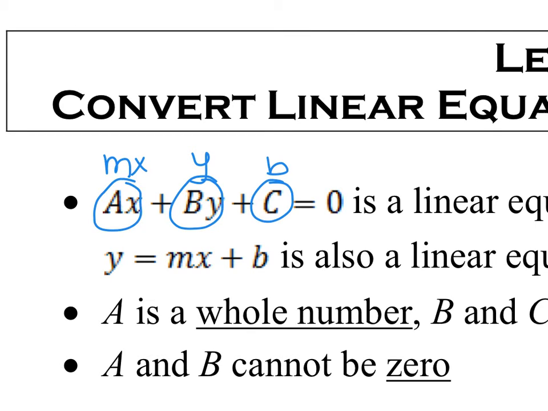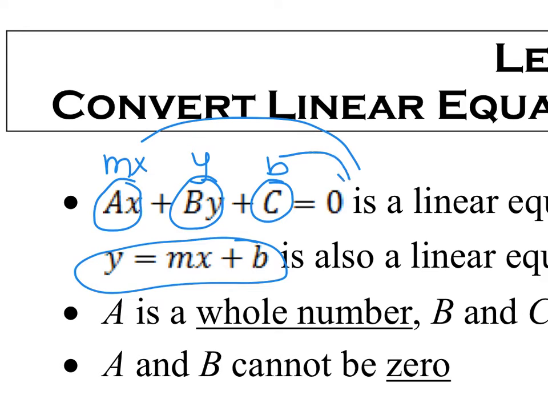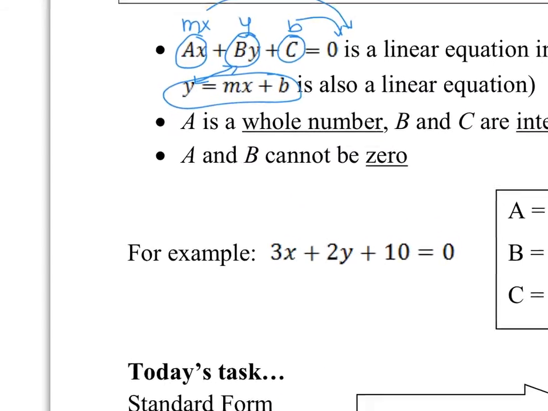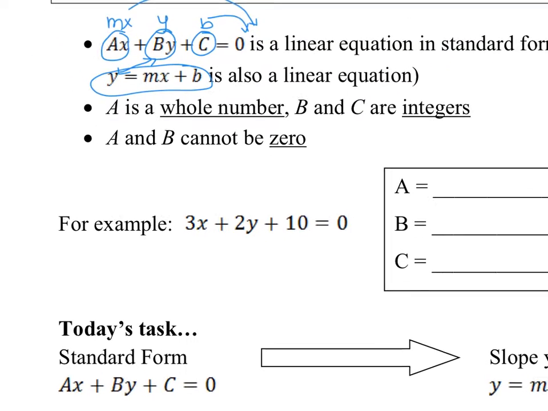So what we're going to be doing is taking this standard form and turning it into the linear equations we're used to, y equals mx plus b. We're going to move the mx and the b to the other side of the equation to resemble y equals mx plus b, because we want our y to be by itself on one side of the equal sign. Now we're going to practice some of these equations, but first let's get used to this format of